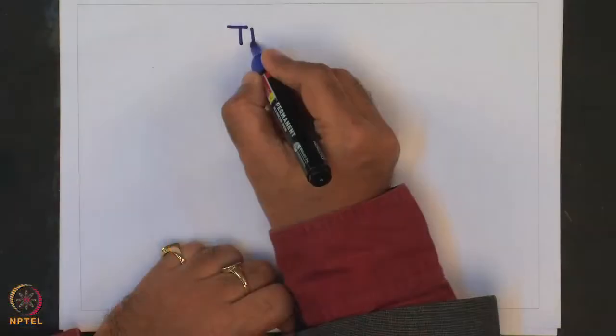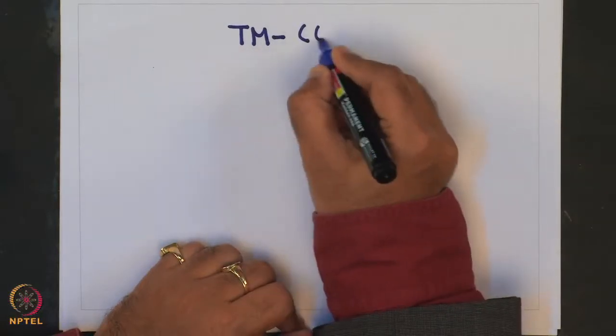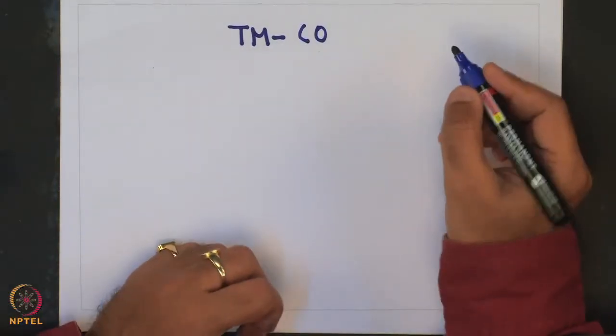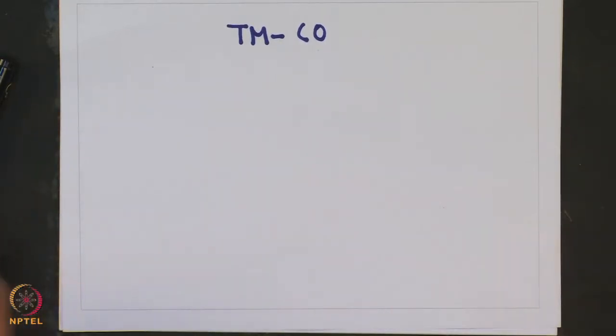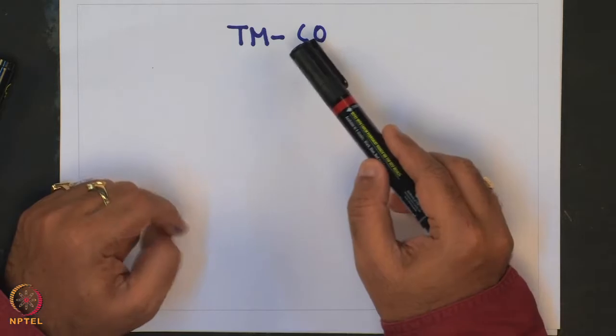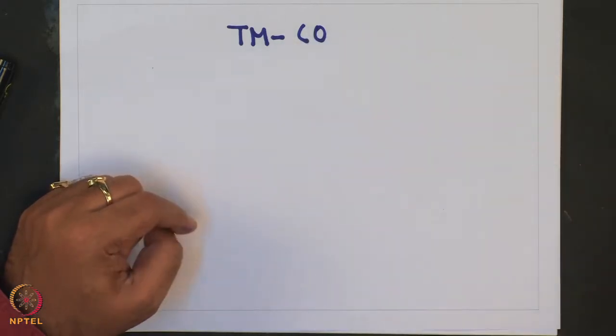Welcome to this lecture on transition metal organometallic chemistry from principles to applications. We have been discussing a very important topic in the last lecture, and this is about transition metal carbonyl bonding properties. In order to understand the transition metal carbonyl bond, we need to first understand the carbon monoxide bond,